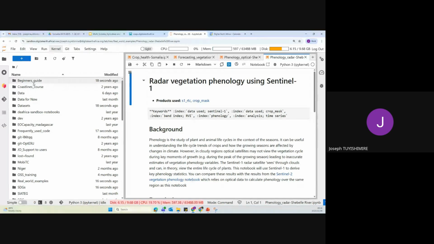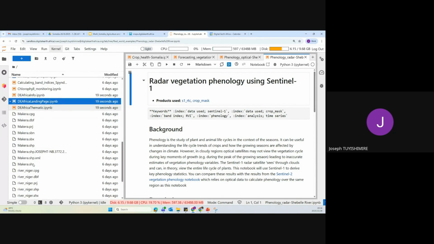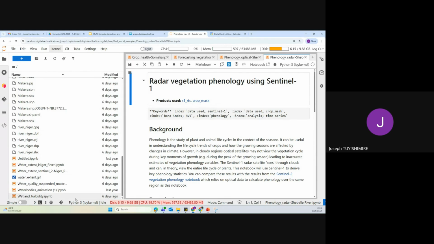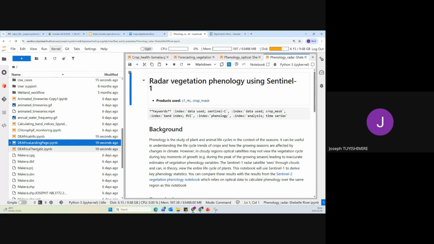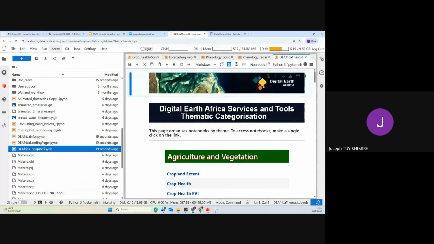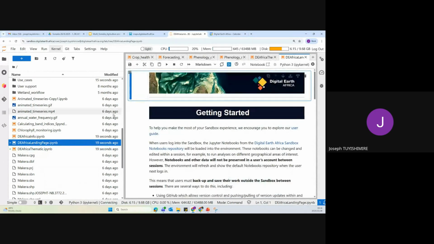We have many folders, which mostly consist of, first of all, I can show you the landing page, which is very important.